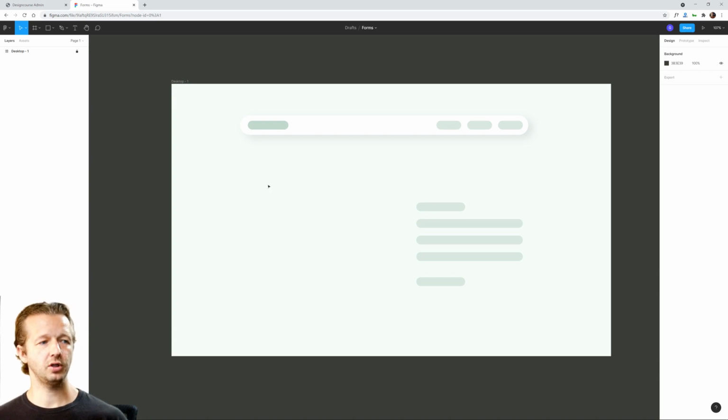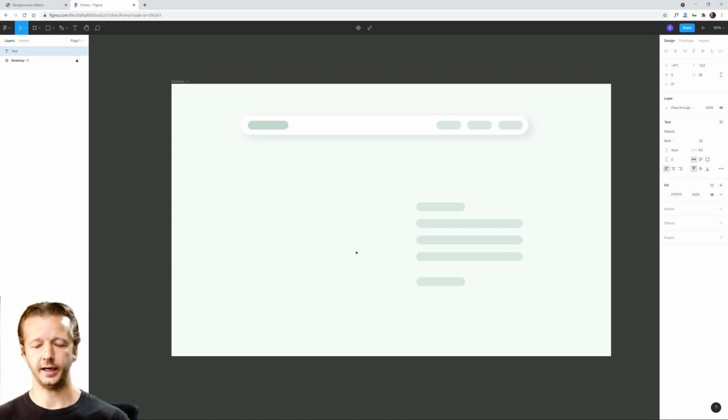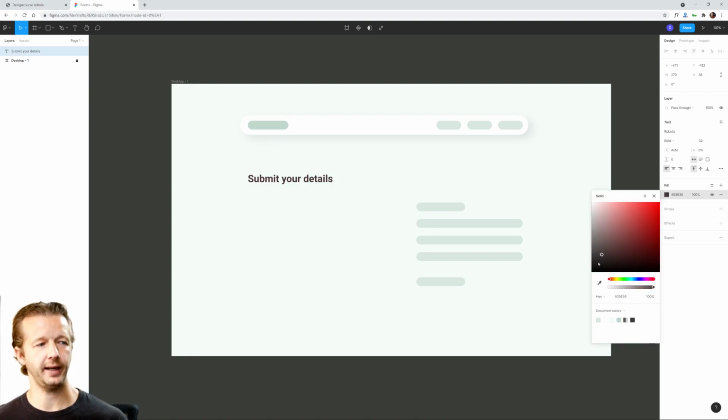So what we're going to do here first is all forms need to have a heading of some sort to inform the user what this section's about. So we're going to put in just a piece of type here, and I'm going to put in submit your details. Now we can't see it because it's white, so we're going to go ahead and make this